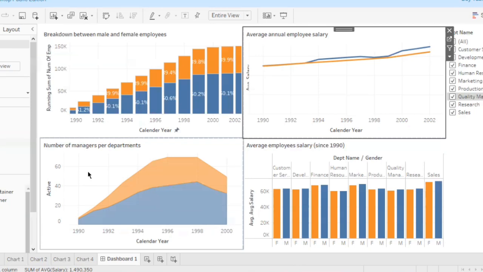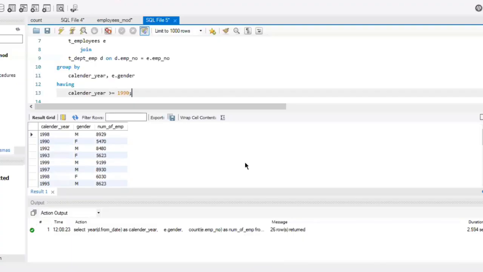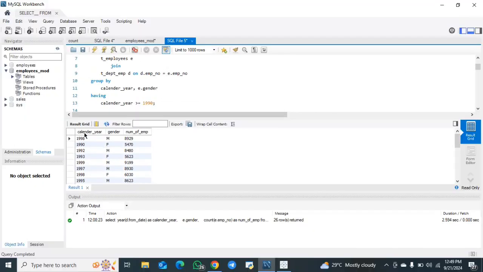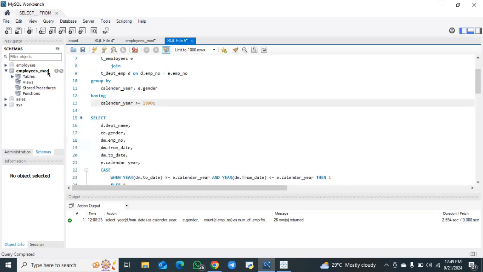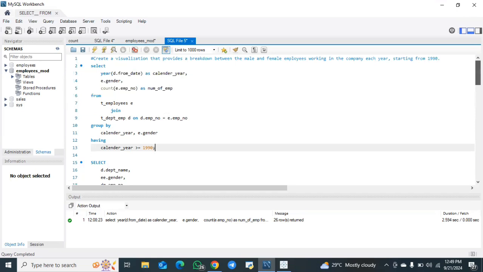Okay, now let's take it one after the other. Assume you are given a database. Let me show you an example here. Let me go to my SQL file. Our database here is employees_mod. So we're already given a database, and the question we are given is: create a visualization that provides a breakdown between the male and female employees working together in the company each year,